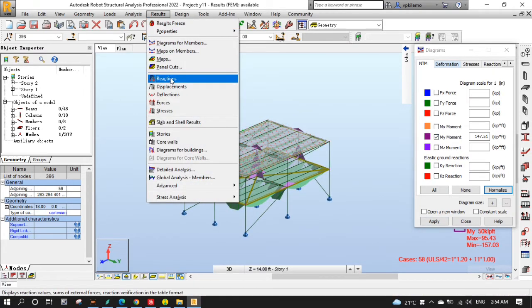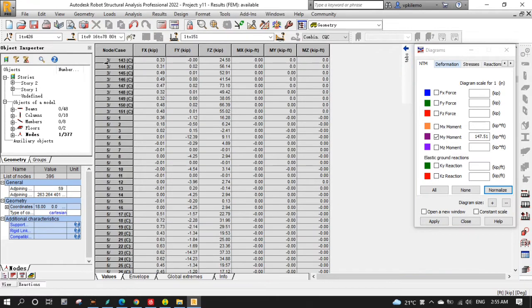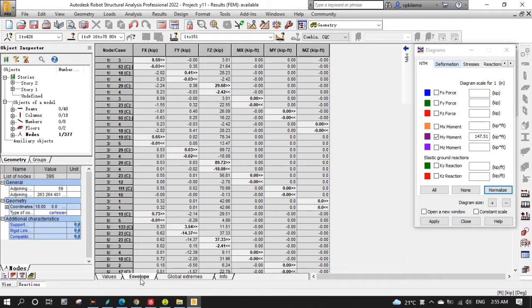Let's start with reactions. Results are arranged by node numbers and load cases. Press the envelope tab to view the maximum and minimum value for each node and their associated load case or combination. As you can see here in node 1, load case 3 provides the maximum value and load combination 63